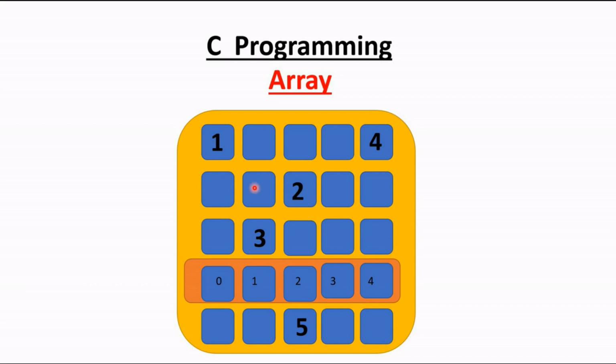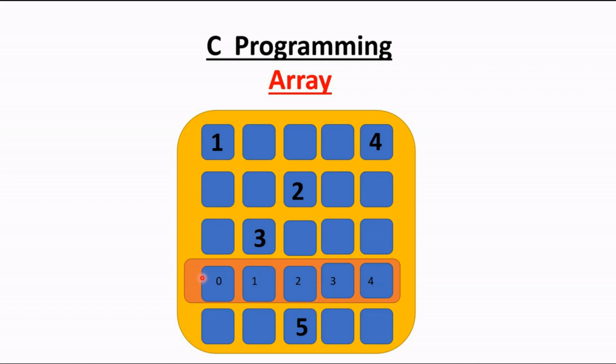So if I want to print a, at that time this 1 will be printed. But here we have 5 consecutive memory locations, and for these 5 consecutive memory locations I have only one variable name. We have to access all these 5 values from that one particular variable name. So how will it be possible? For that reason here 0, 1, 2, 3, 4 are given. This is called the indexing.